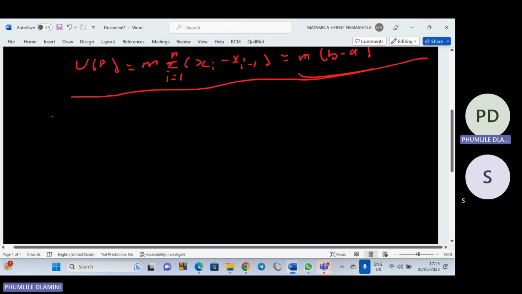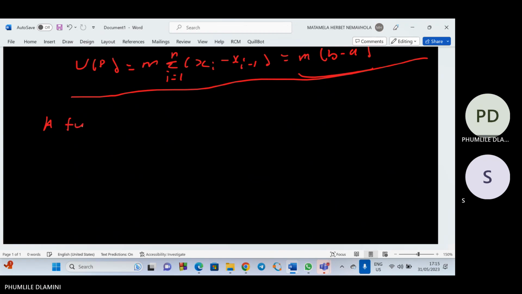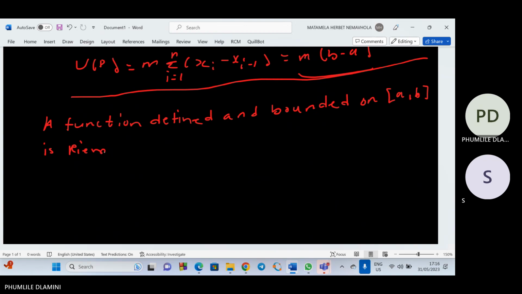The definition says, if you have a function defined and bounded on an interval, which you can say is a and b, it is Riemann integrable on a, b